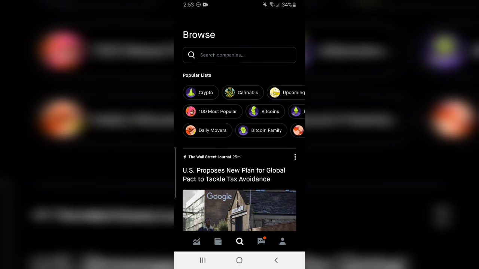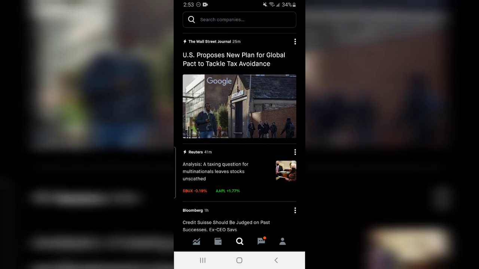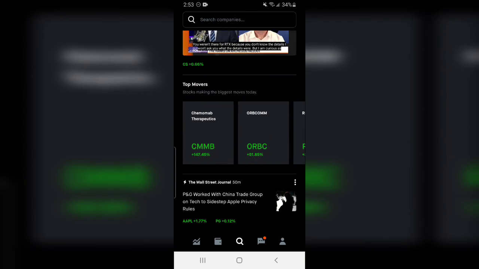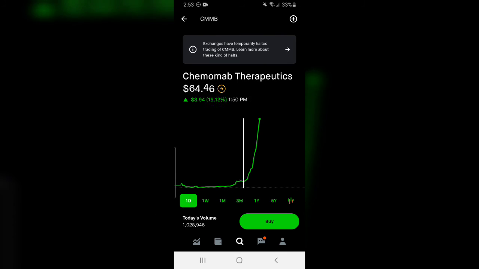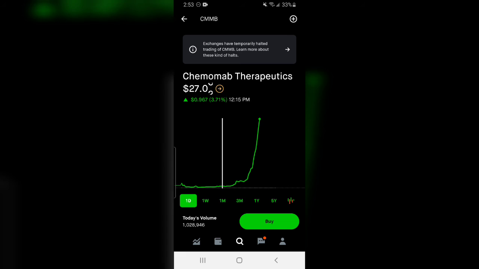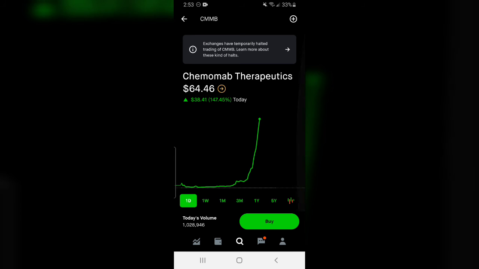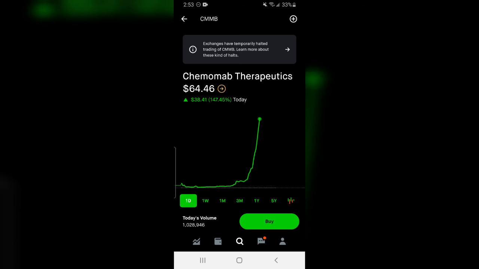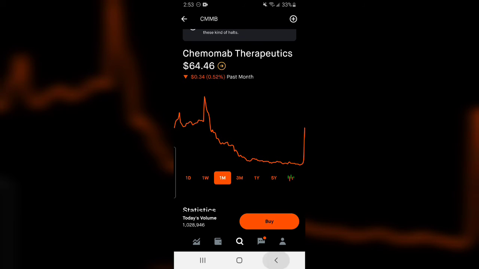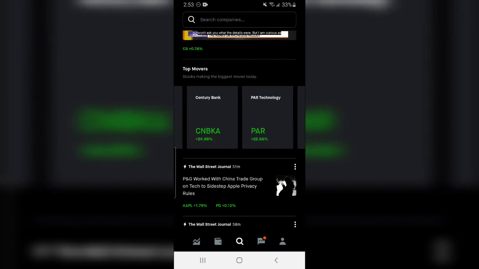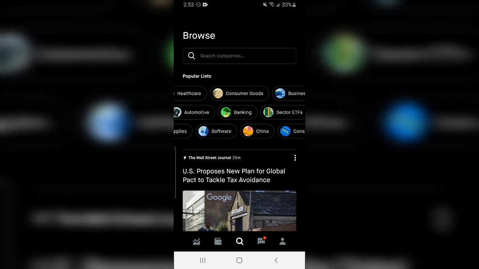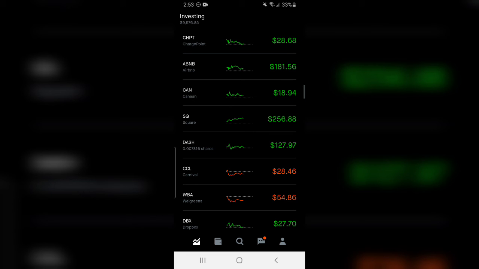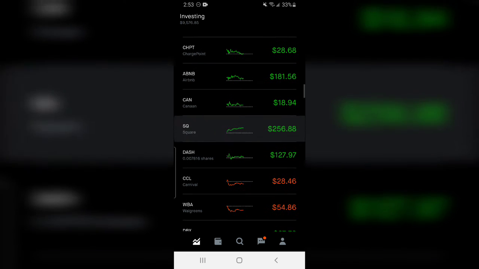And it's pretty easy to use Robinhood. They also have news outlets here, so you can see a bunch of news articles. They tell you what's up the most. This is up 147%. So yeah, if you put in $100, that would have been $247. But yeah, Robinhood is definitely a very good tool to use. And right here we have all of the top movers for the day. We have our categories over here, and you can also do the day trades like I was saying,